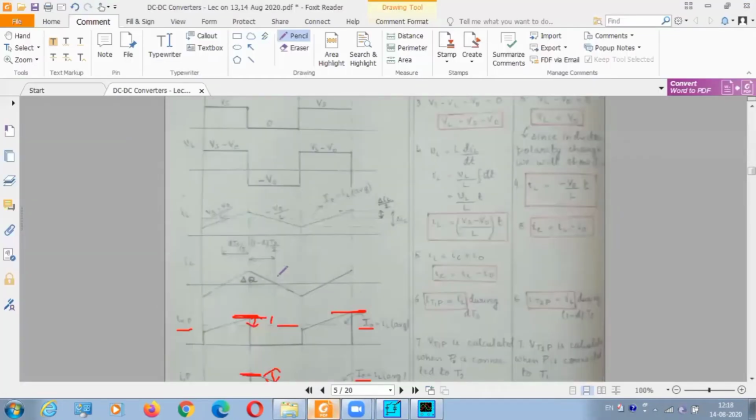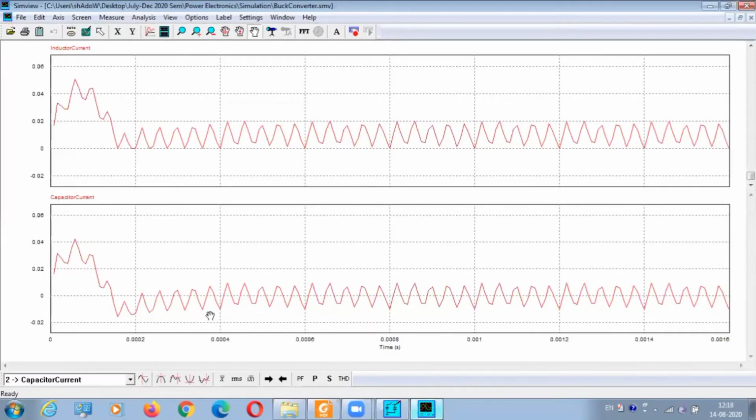Check your capacitor current. Capacitor current has gone negative, then small positive, then negative again. See, capacitor current at steady state is negative over here, below 0. This is the 0 line. Negative, then goes positive, then over here goes negative, again continues like this. So all the behavior we have studied is similar over here, but those discussed are ideal cases. These are all practical values which I have taken and shown you.